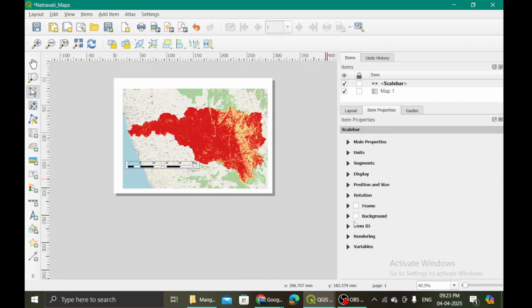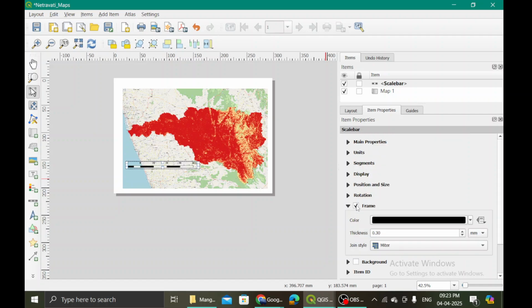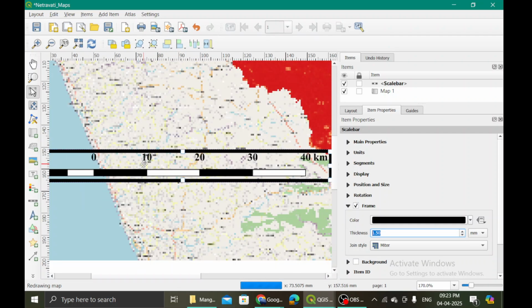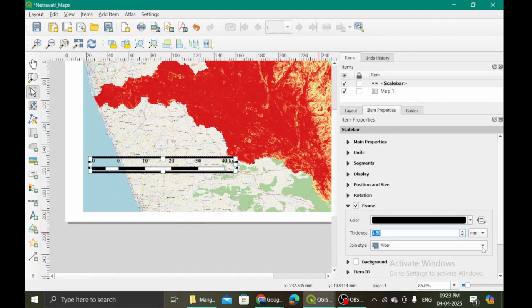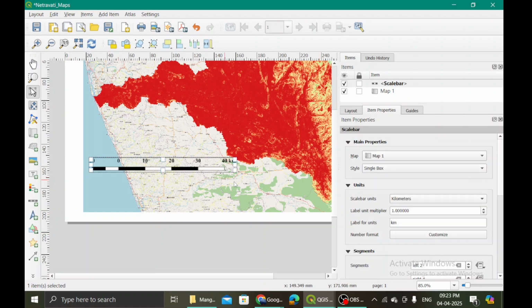display. Is there anything else that I would want to know? If I want to add a background to this scale, I can add it. If you want the background to be of a specific color, then this is where you do it. If you want a frame for the scale, you can also choose the thickness of this frame. So you can make it thicker. Keep looking here. So you can keep it maybe some nominal. 2 seems to be fine for now,